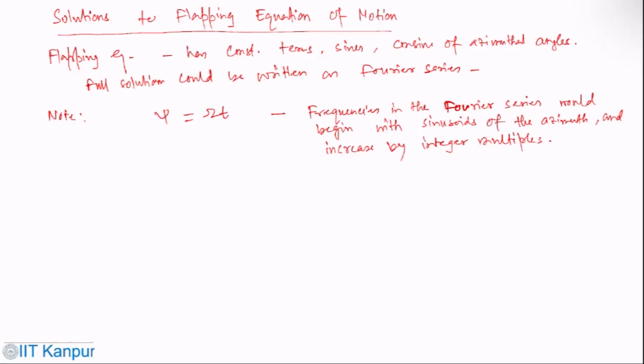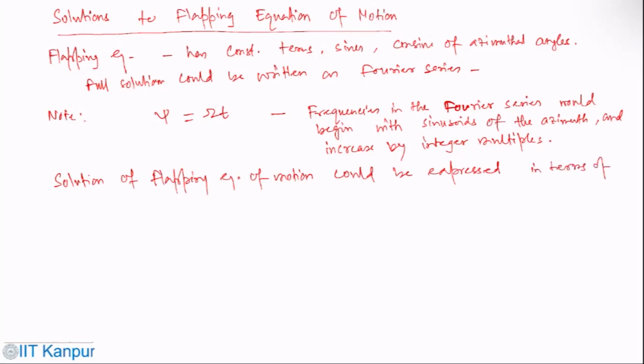So using these assumptions, the solution of the full flapping equation of motion can be expressed in terms of three constants: beta naught, beta 1c, beta 1s, and beta would be